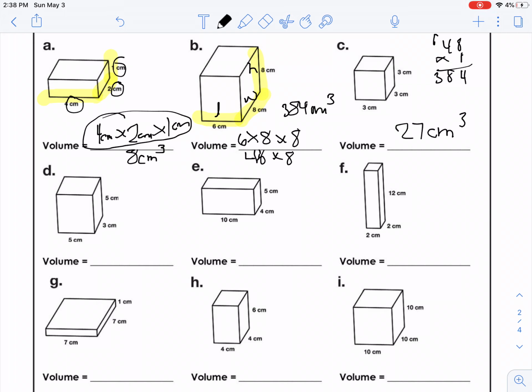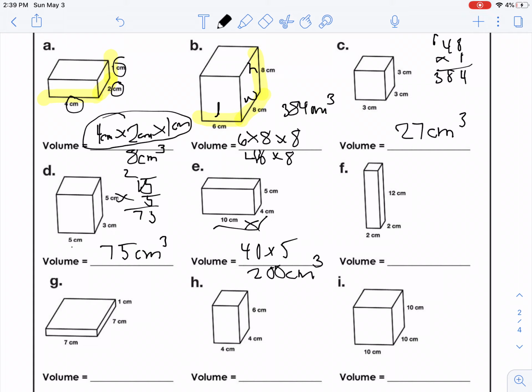For D, we have 5 times 3, which is 15, times 5. You guys should know this one. 15 times 5. 5 times 5 is 25. 5 carry the 2. 75 centimeters cubed. Don't forget your label. All right, we have 10 times 4, which is 40, times 5, which is 40 times 5. 5 times 4 is 20. Add the 0, 200